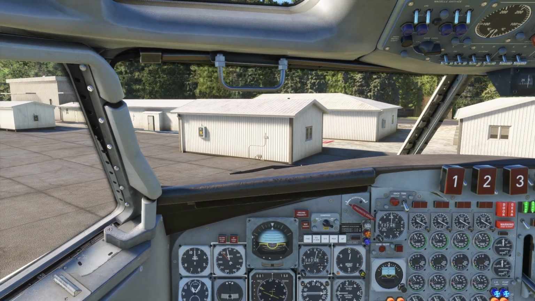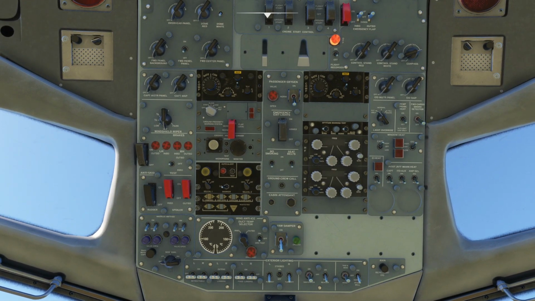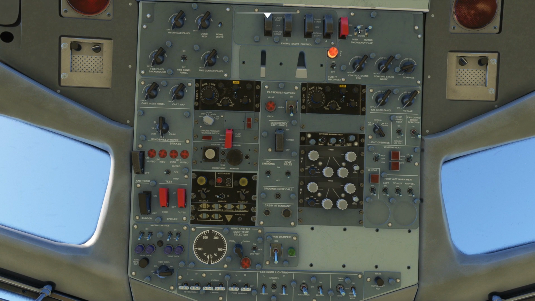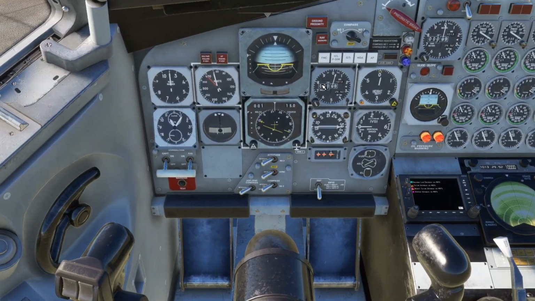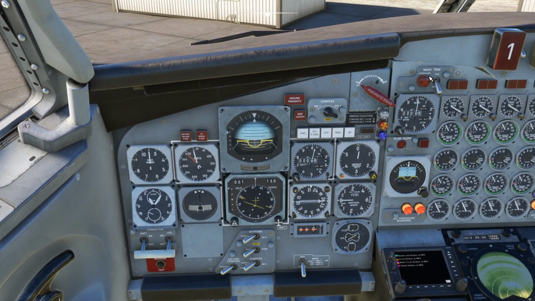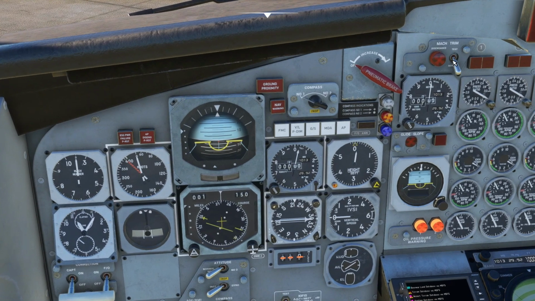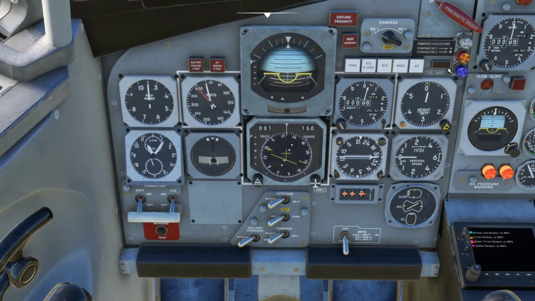From here we will move to the overhead panel. Here you make sure that the emergency flap is in off position, which it is already. Following that, turn on the flight recorder, which has the switch over here. Then after that we will test the speed warnings. So first, here, mark trim disengaged, so just test it and then it should move to normal. And this is the speed warning test, so just press it and hold and you will be able to hear